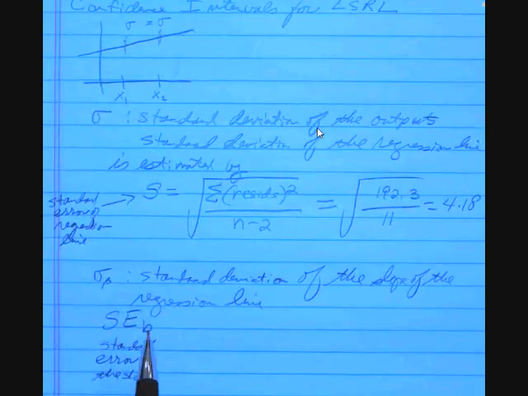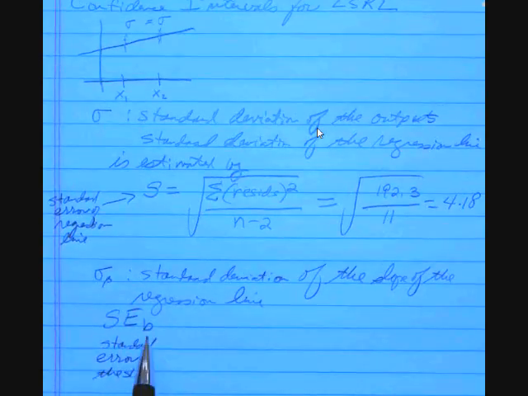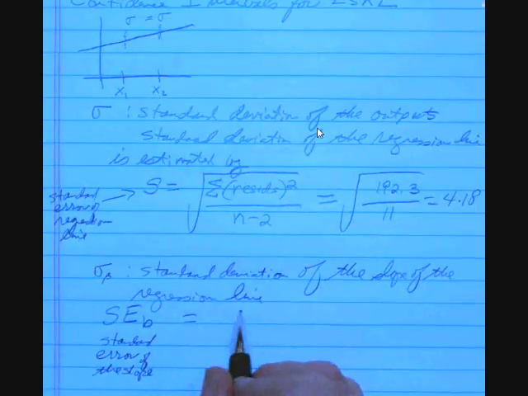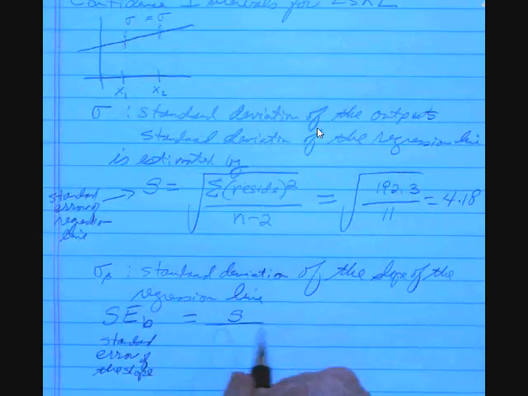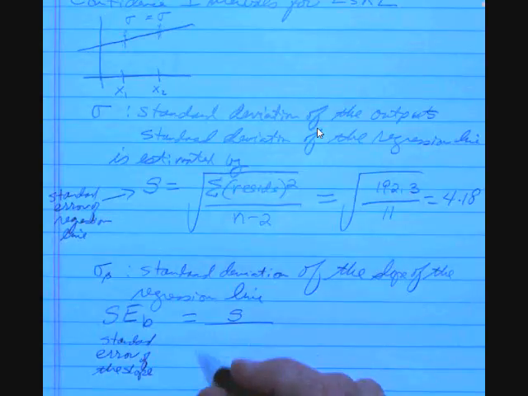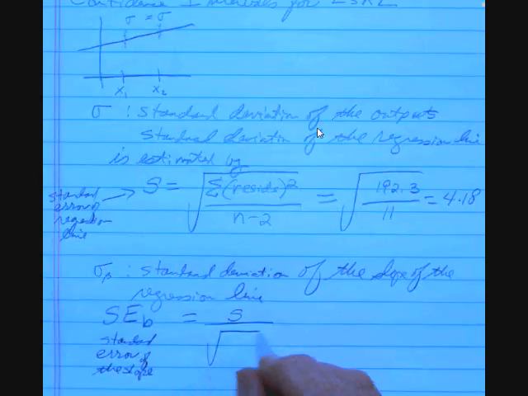Standard error, B standing for slope, and the B is usually a sub B, sometimes it's not. The formula for that is the number S we just calculated, that estimate of the standard deviation of the whole regression line, divided by the square root of